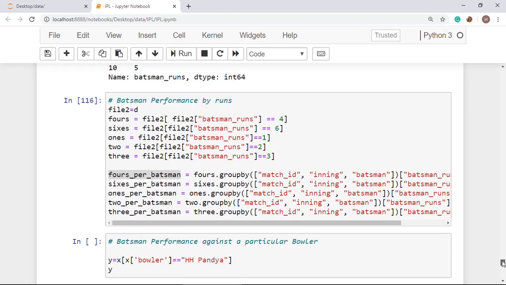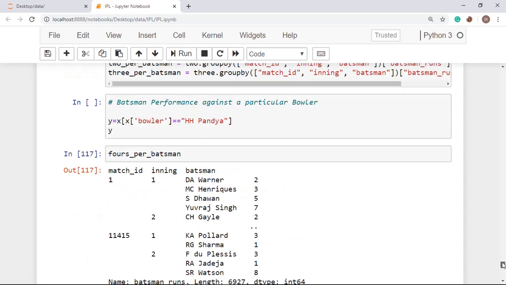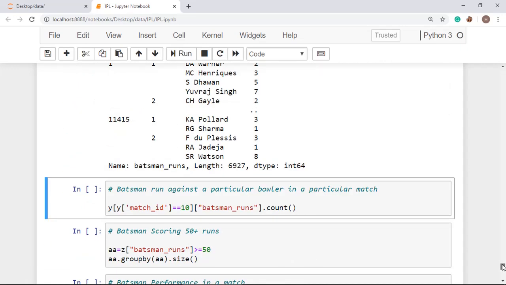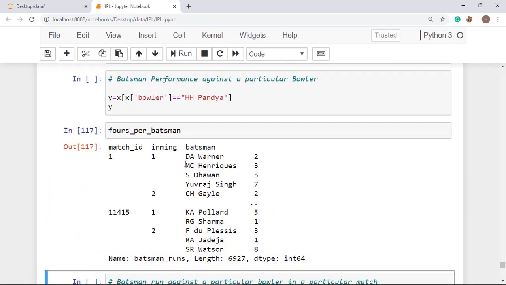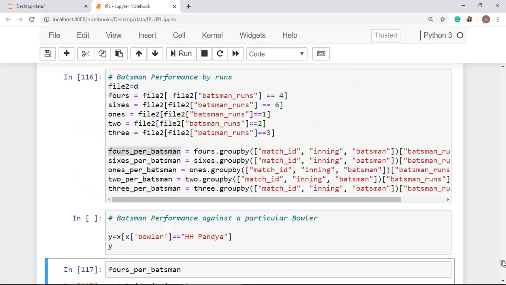This one is applied on the whole data set. So this one is displaying how many fours were scored by every batsman in a particular match. You can see in the first match, match ID 1, in inning 1, David Warner has scored 2 fours, MC Hendricks has scored 3 fours, Shikhar Dhawan has scored 5 fours, Yuvraj Singh has scored 7 fours, and you can restrict this thing to